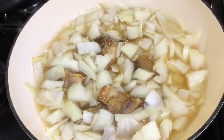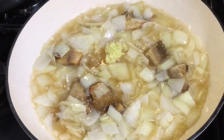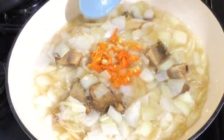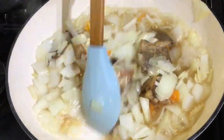All right, so yes, my onion has been frying for 4 minutes. So at this point, I've added in my grated ginger and my chopped habanero peppers. I'll give this a very gentle stir. Leave this to cook for about another 3 more minutes, and then I'll add in my